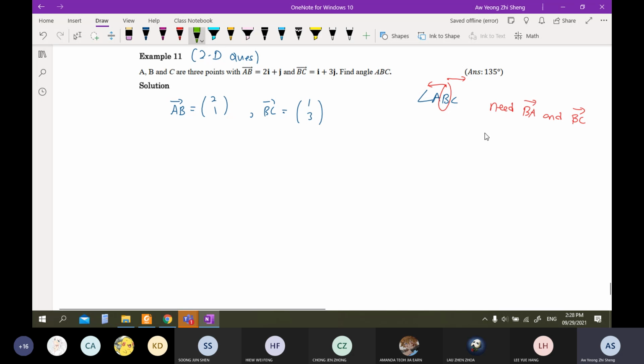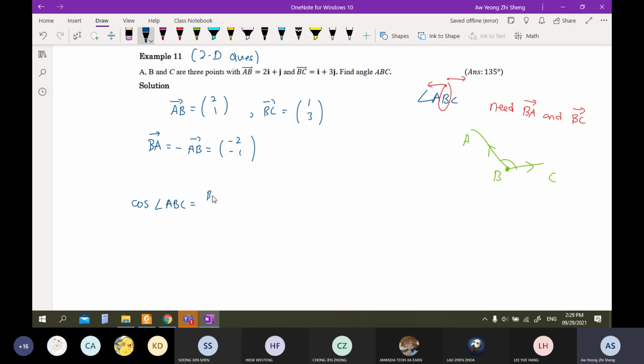And if you really want to visualize the angle ABC, just draw some random diagrams there. ABC can look like this. To make sure that you get a pair of diverging vectors, you need BA and BC. So the first thing to do is actually to get the vector BA. BA is the negative of AB, and that should be (-2, -1). This one should be obvious. Then next you can find cos of angle ABC